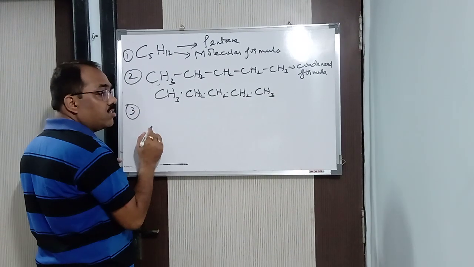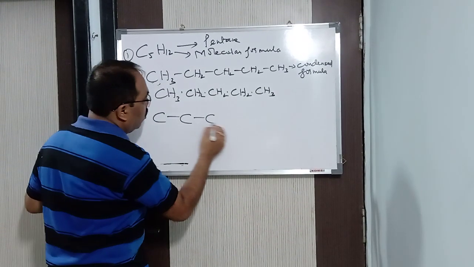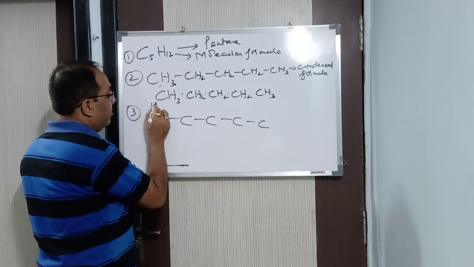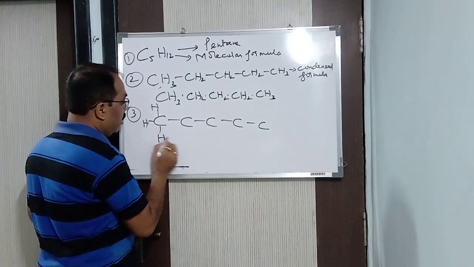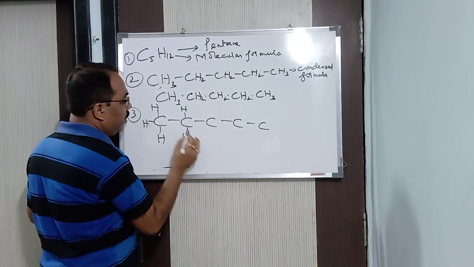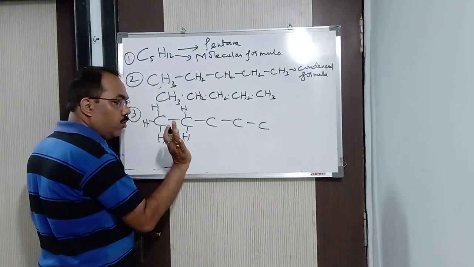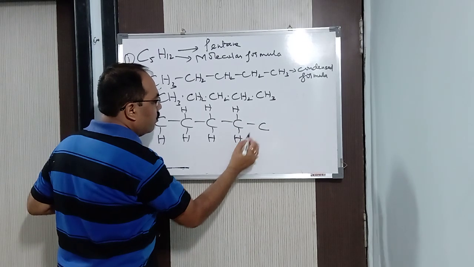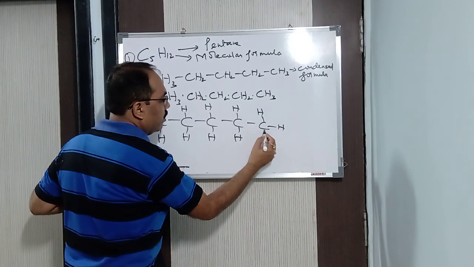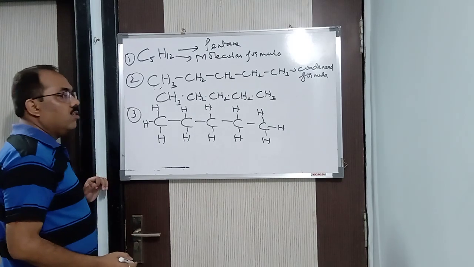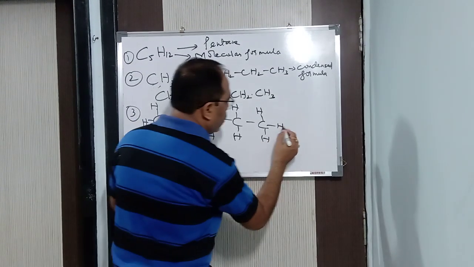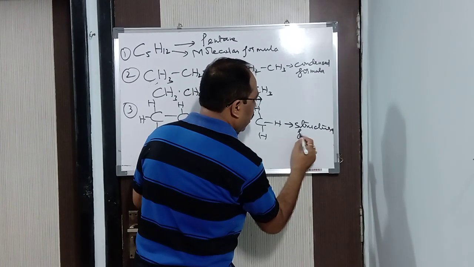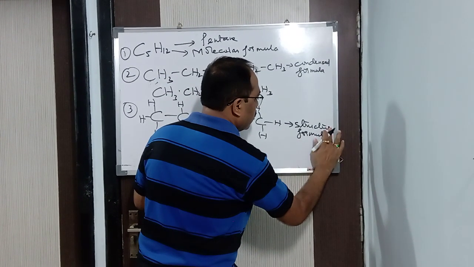Now, next is your structural formula. Structure means you are going to draw the structure completely. 1, 2, 3, 4, 5. Now see how I am writing it. First you write the carbon atom, then CH3, then CH2. Here you can count completely and see: each carbon has 4 bonds. Count it and see. Not less than 4, neither greater than 4. It cannot be. So this is called the structural formula.